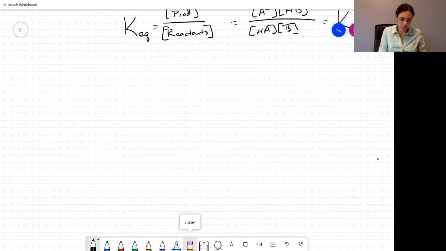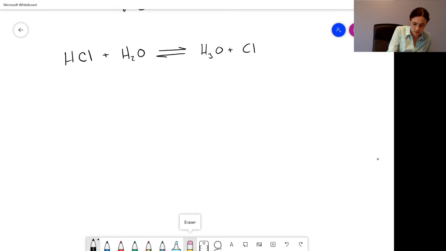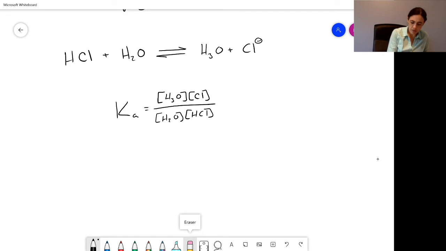All right, so let's take an example of this. HCl in water. Right, so if we look at the Ka of this one, going to put our products on top. So conjugate acid of water, conjugate base of HCl over water and HCl. So one of the things we can do here, and one of the things you'll see